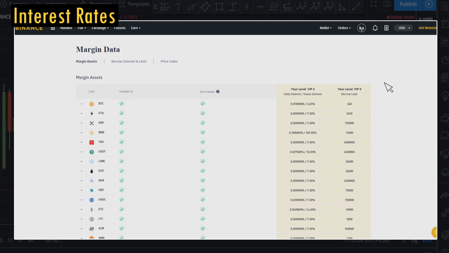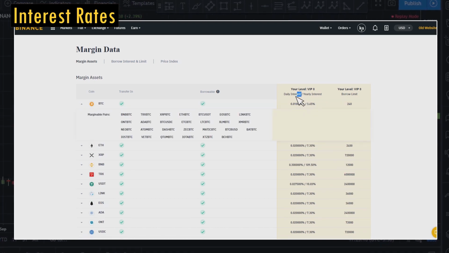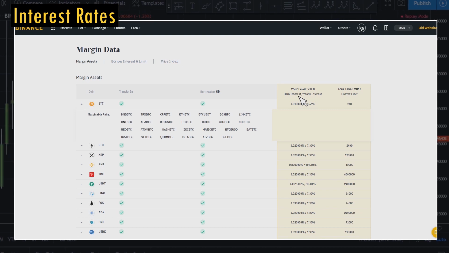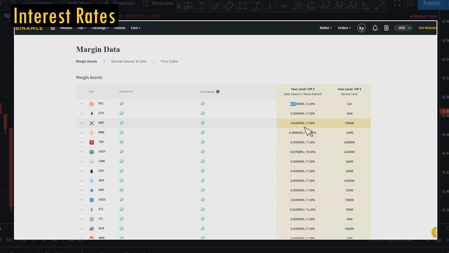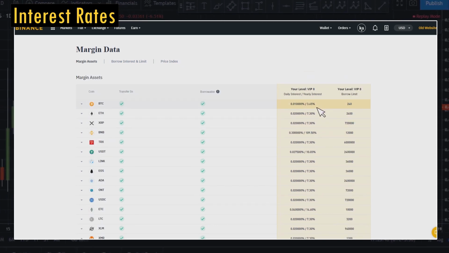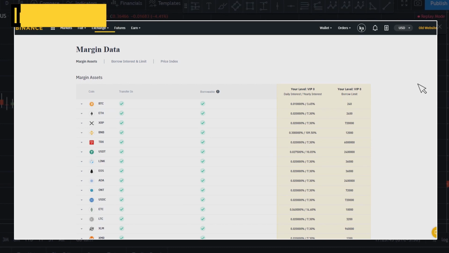And as long as you're doing intraday trading, these interest rates should not influence that much, because keep in mind that this 0.01% is the daily interest rate. Okay, and it's calculated every hour. So what I mean by that is, if you're in the trade only for, let's say, 2 hours, then you'll end up paying 2 by 24, which is 1/12 of the 0.01%, which is roughly 100 times less than your trading fees. So as long as you're doing intraday trading, or short-term trading, the interest rate should not affect you that much. If you want to know the exact numbers, then I'll leave a link for this in the description box. You can check it out and do the calculation.